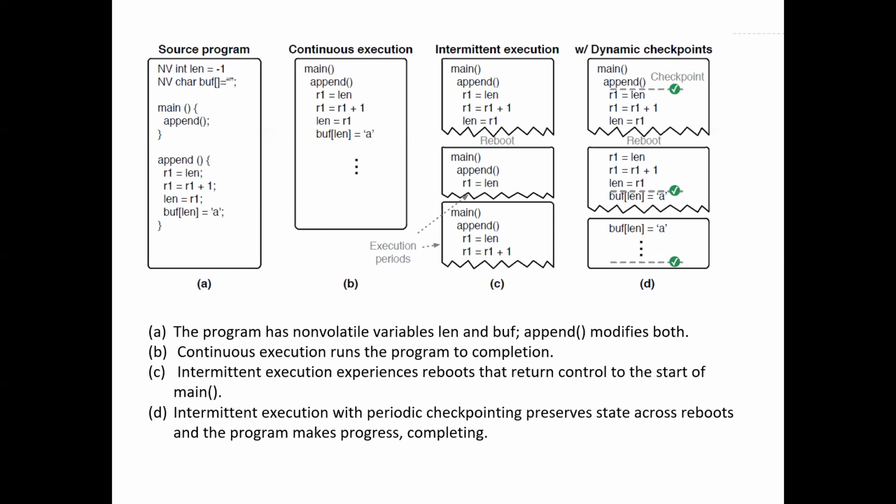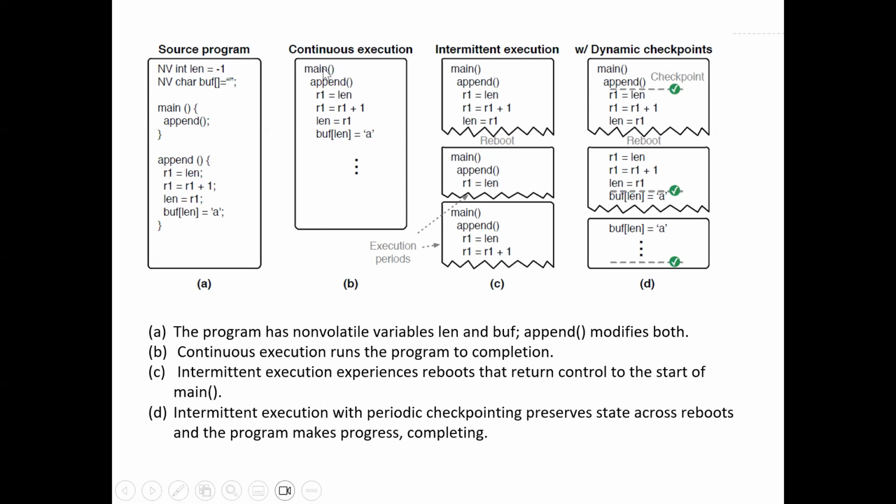characteristics. So within this specific execution model, we focus on certain methods to conceptualize the DINO execution. Part A is our source program, and B is how it runs under a continuous execution, which runs the program to completion. But in figure C, you are breaking the program, which is your intermittence, or when you are losing power to the program. This time you are not executing the entire program at once.